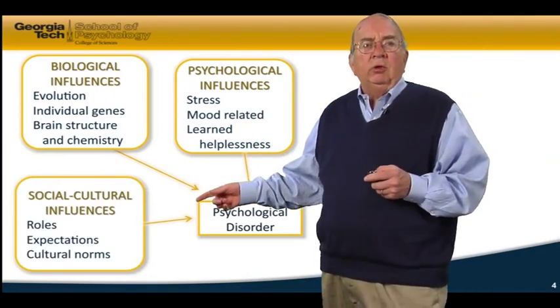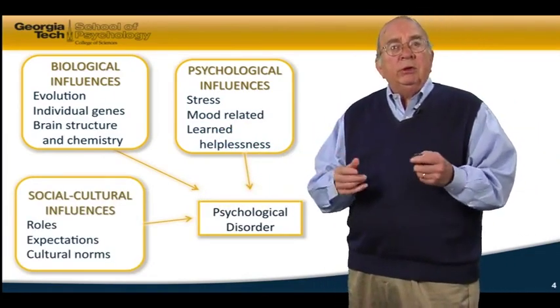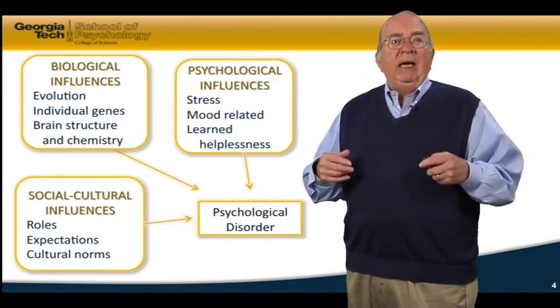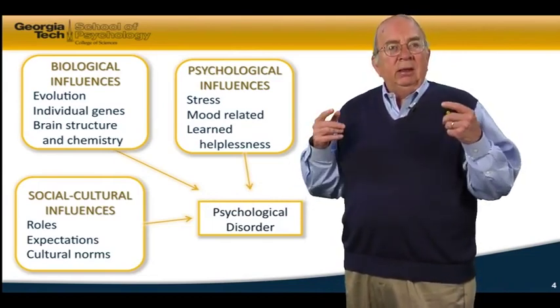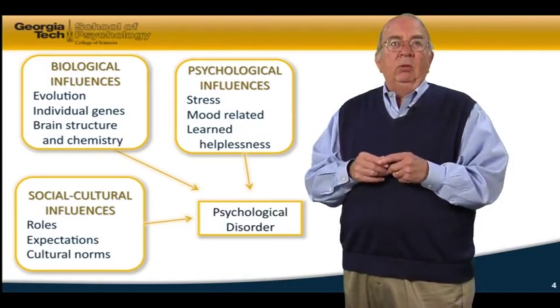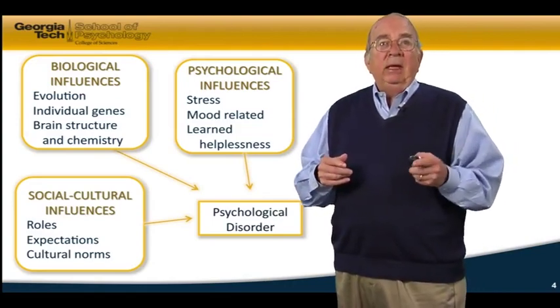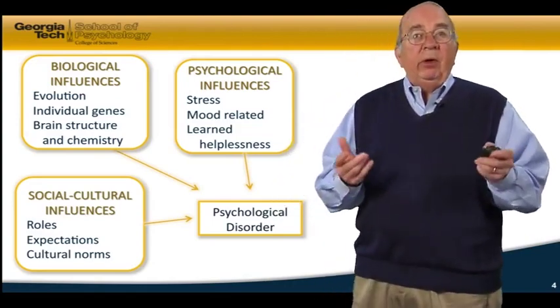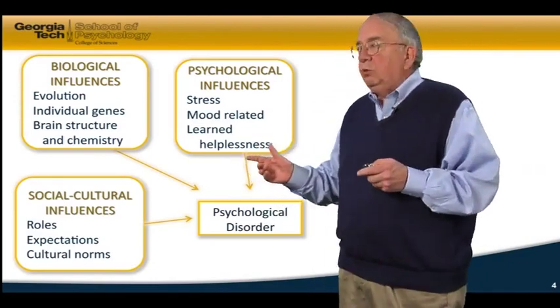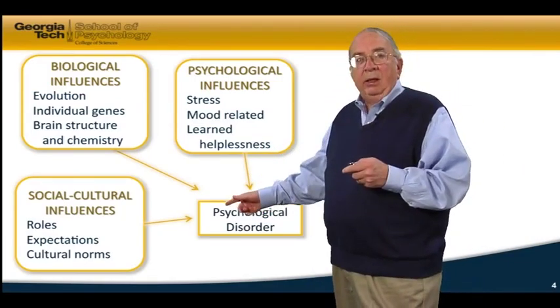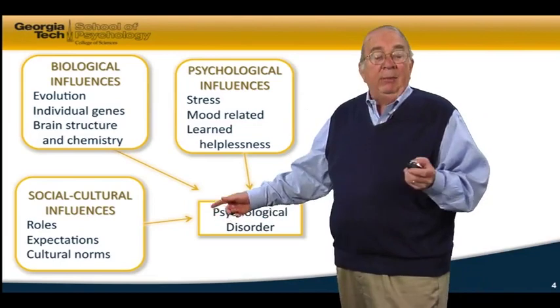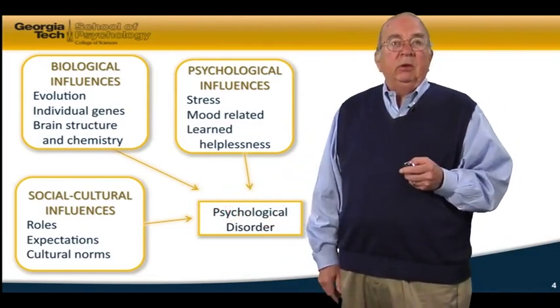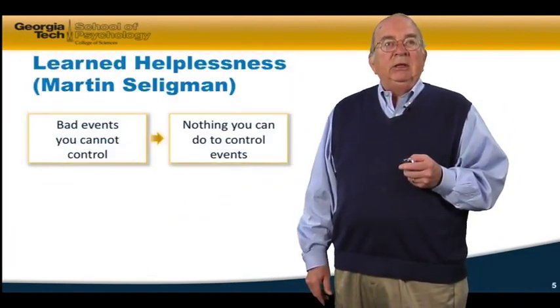And then there are social cultural influences. We play different roles. We have different expectations, and there are cultural norms that control what abnormal behavior is. Abnormal means different from the norm, and we have to understand the cultural norms to understand the abnormal behavior or psychological disorders. Now let me just mention something about